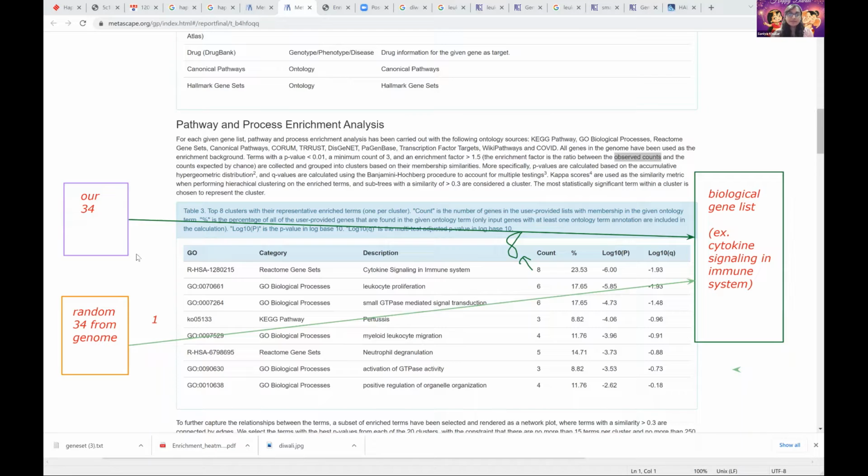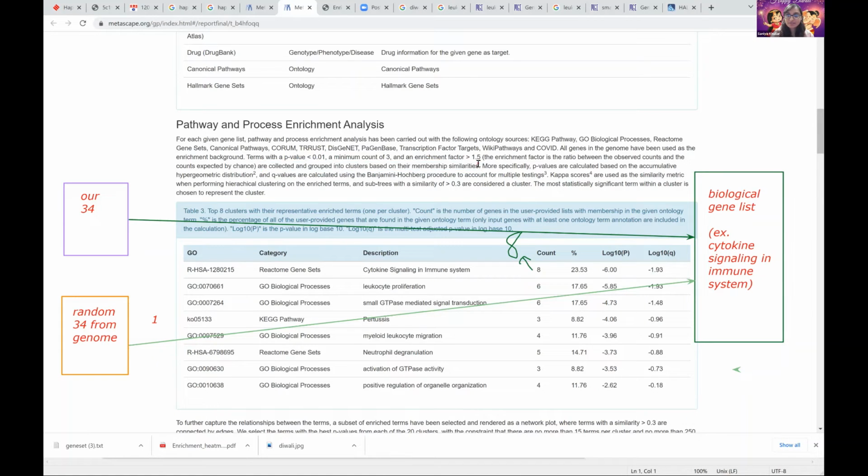But because this actually has a lot of immune genes, 8 were found in here, and that is so much higher relative to this. So the ratio is 8 to 1. So the enrichment factor is greater than 1.5, so we include it. There are at least 3 genes there, and they are collected and grouped into clusters based on